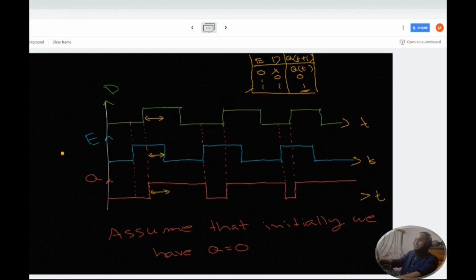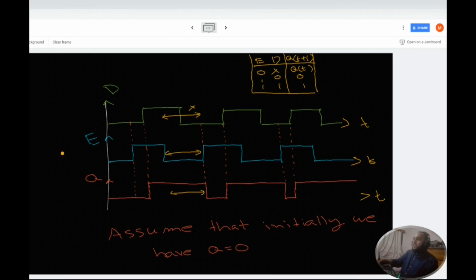So from this position to this position, our output will be 1. From this position to this position, our clock signal is 0, so we won't care about the input, because whenever our clock signal is 0, we will always get the previous output,